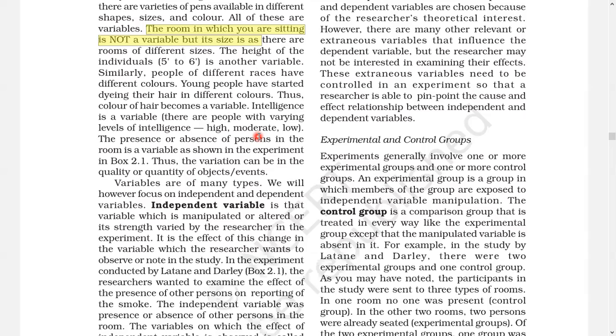Here they have also given a hair color example, an intelligence example, and the variable can vary in quality and quantity.